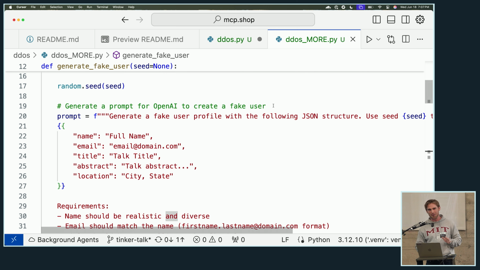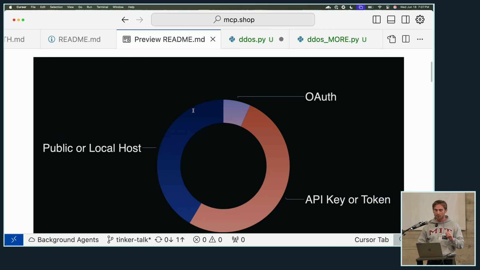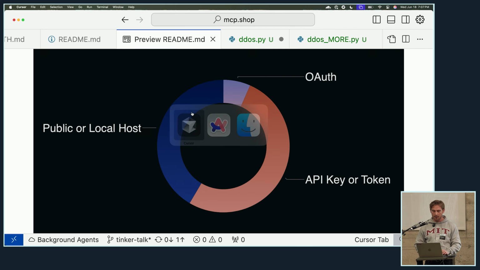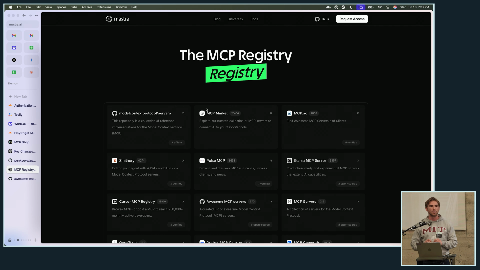So we're all building a bunch of cool MCP servers. A lot of them are not very secure. I feel like this is the vibe coding moment, truly, of MCP servers. You can find online a bunch of registries. My favorite is the MCP registry, which is a registry of all of the registries for MCP.